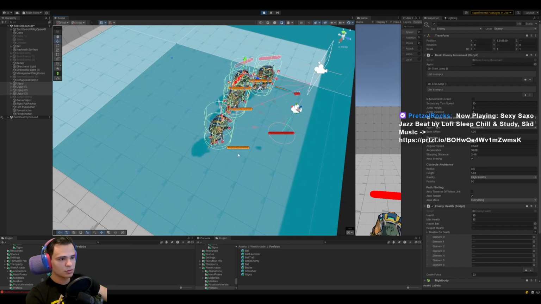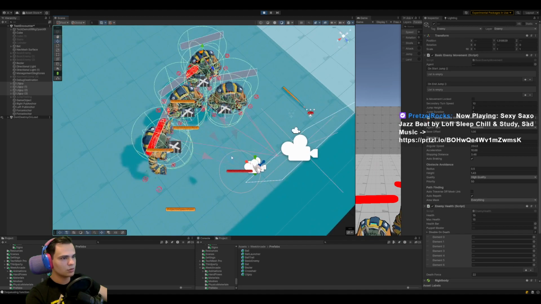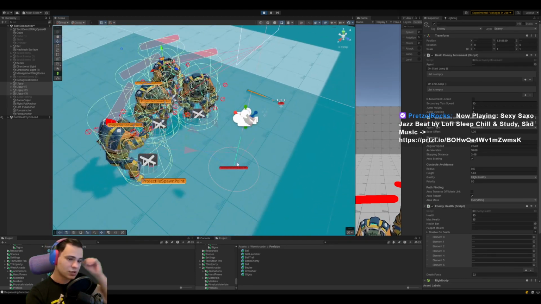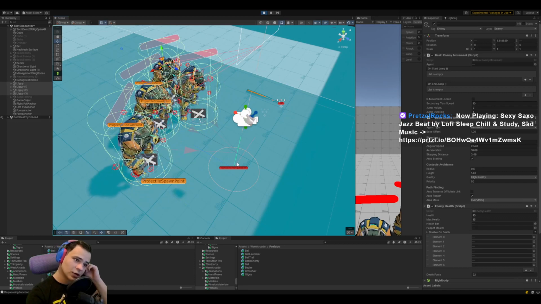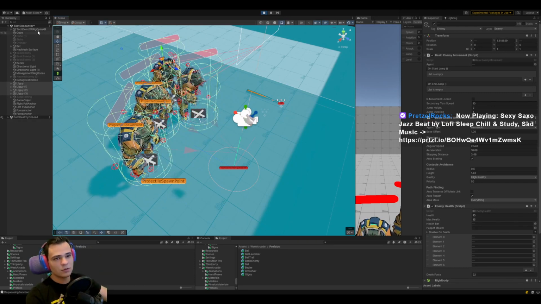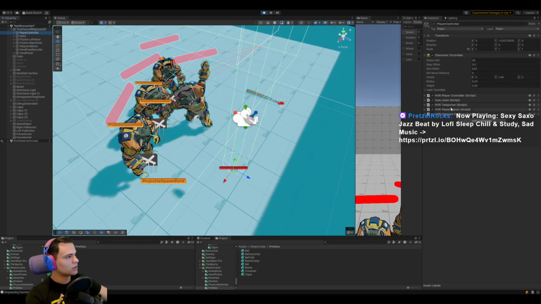Let's get them away. 1, 2, 1, 2. Okay, we should probably add some extra logic for grouping avoidance, but at the same time, if we're talking real gameplay,